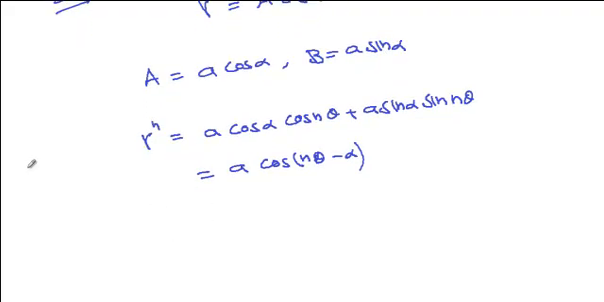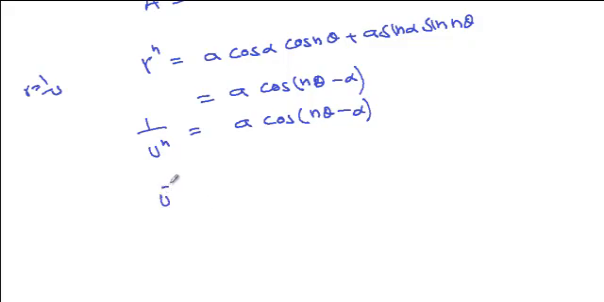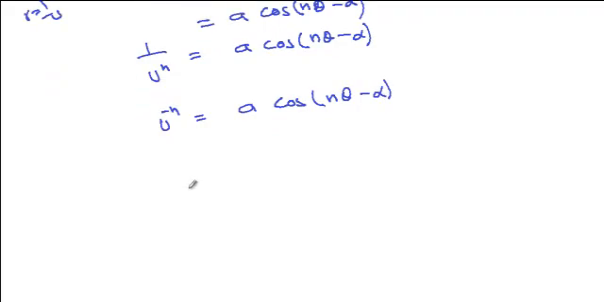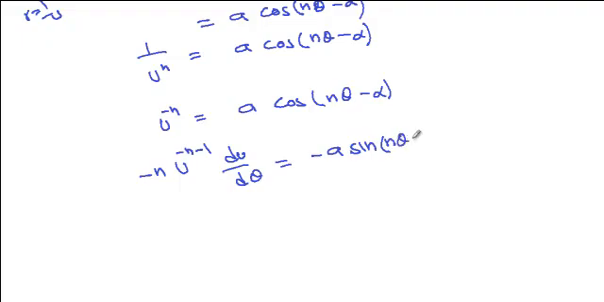So r, you know that r is equal to 1 over u, so r^n is 1 over u^n, which is equal to A cos(nθ − α). This can be written as u^(−n) = A cos(nθ − α). Now we take the derivative of u with respect to θ, so this will become −n u^(−n−1) du/dθ = −A sin(nθ − α),